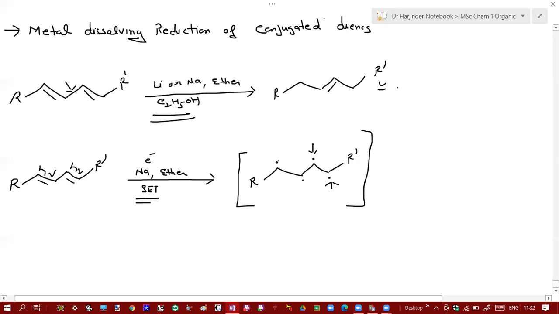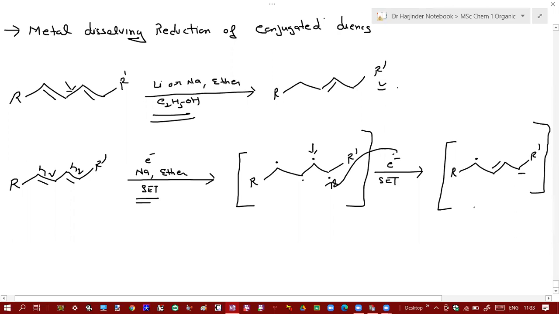So where will it prefer to go? To the carbon attached to the alkyl group, here, this carbon, because in that case the two negatively charged electrons will be at maximum distance. So after single electron transfer, you will get a radical anion, and this will go to this carbon. So you will get a radical anion, here you get a double bond, and here you get a single electron. So you get a radical anion. What will happen next?